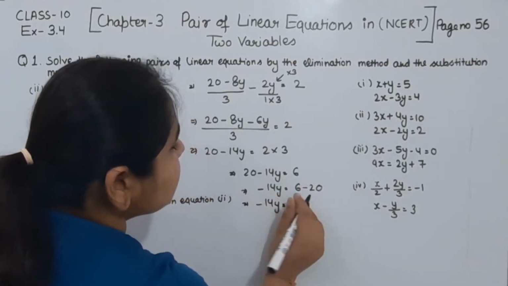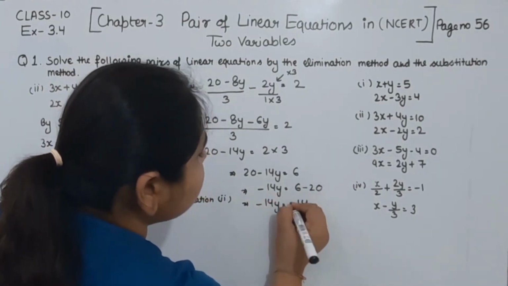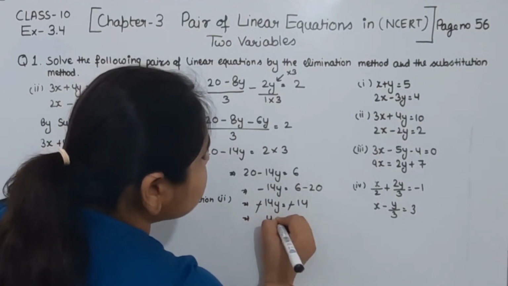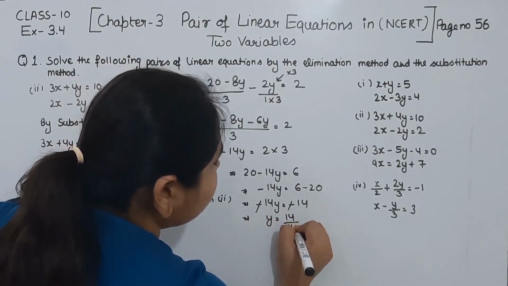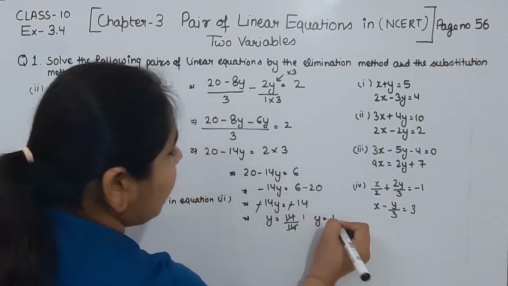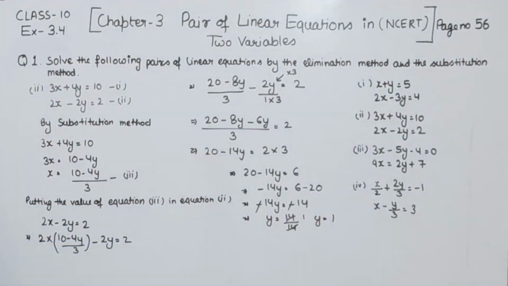Minus 14y is equal to plus minus minus. We are having minus 14 here. Minus is cancelled from minus. Value of y we are having is 14 divided by 14. So the value of y we are having as equal to 1. Now I'm going to put this in equation number 3 for finding the value of x. I'm going to write here,